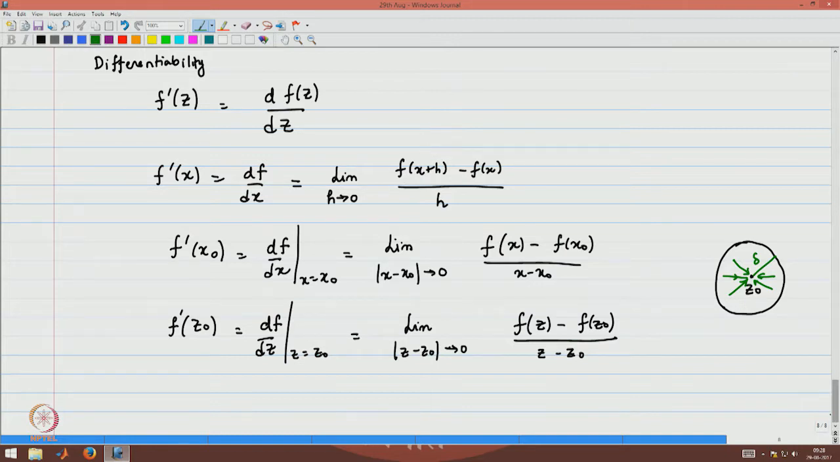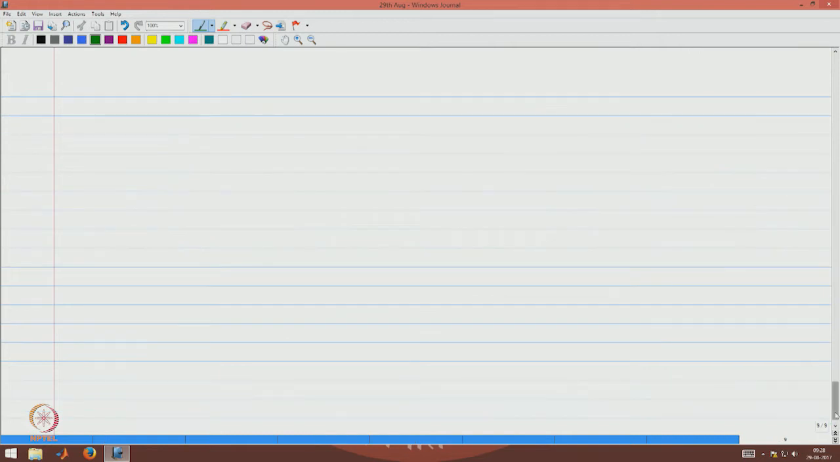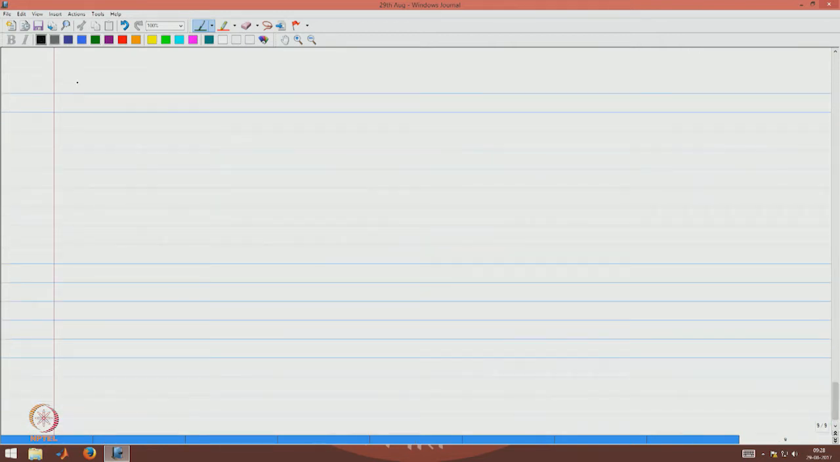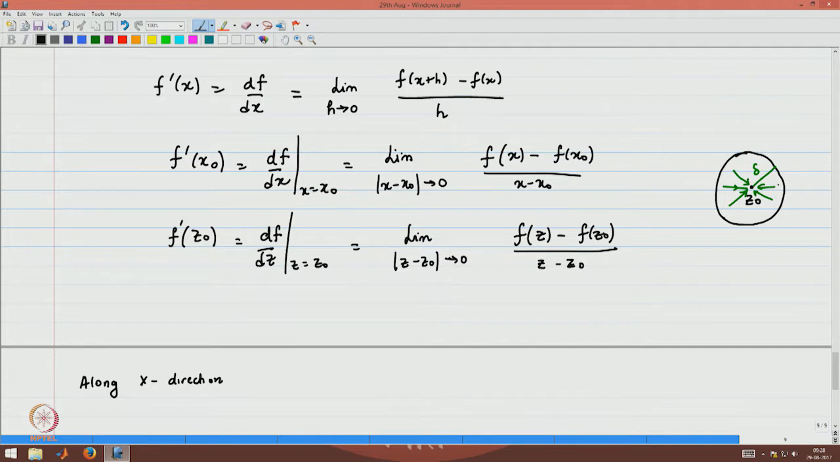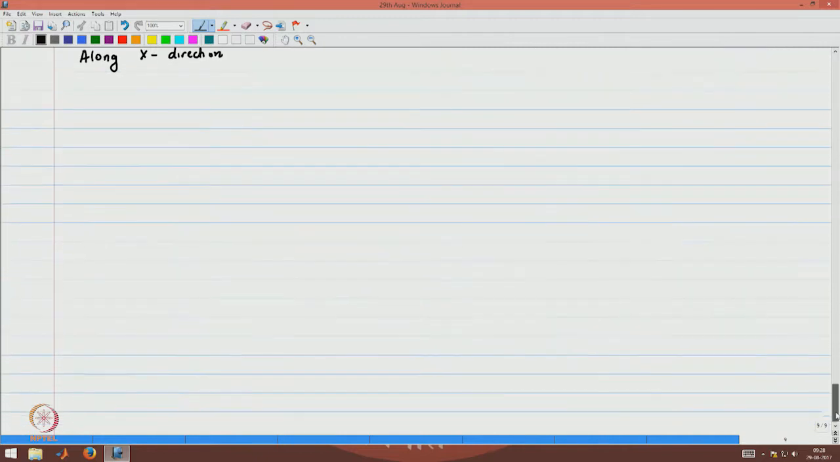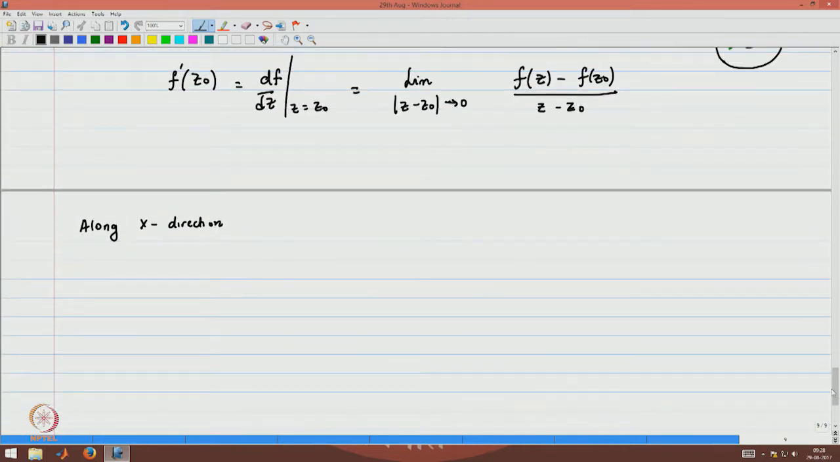Now, you can take two simple cases. So let us take two cases. We will take the case going along x direction. So that means what I am doing is I am going to z 0 only along x direction. I am not changing the y part at all. Then if I write f prime at z 0 is equal to limit as x minus x 0 tends to 0,